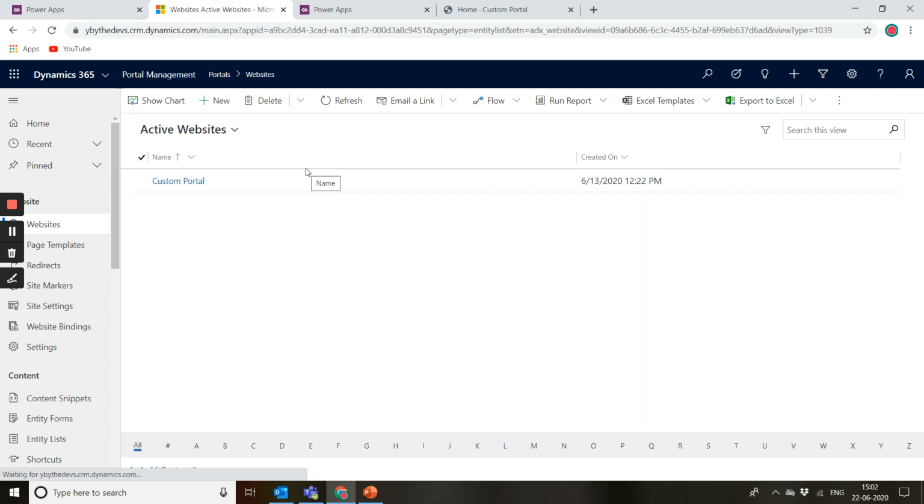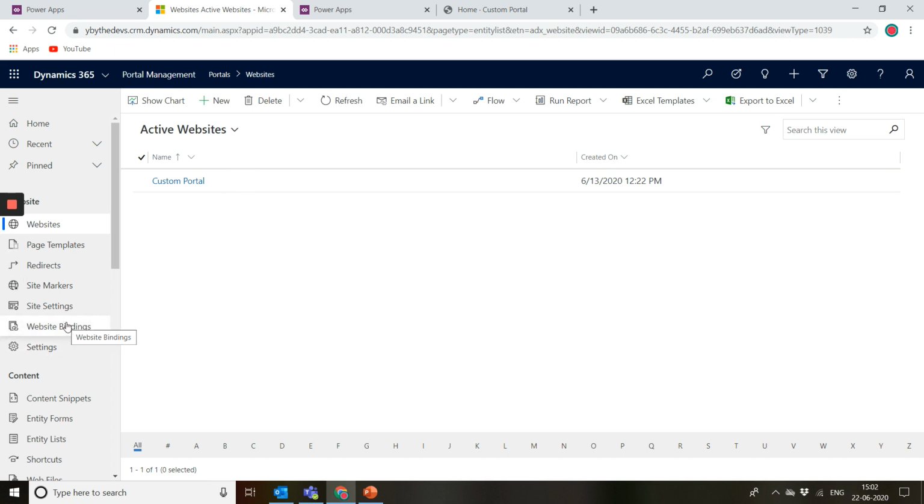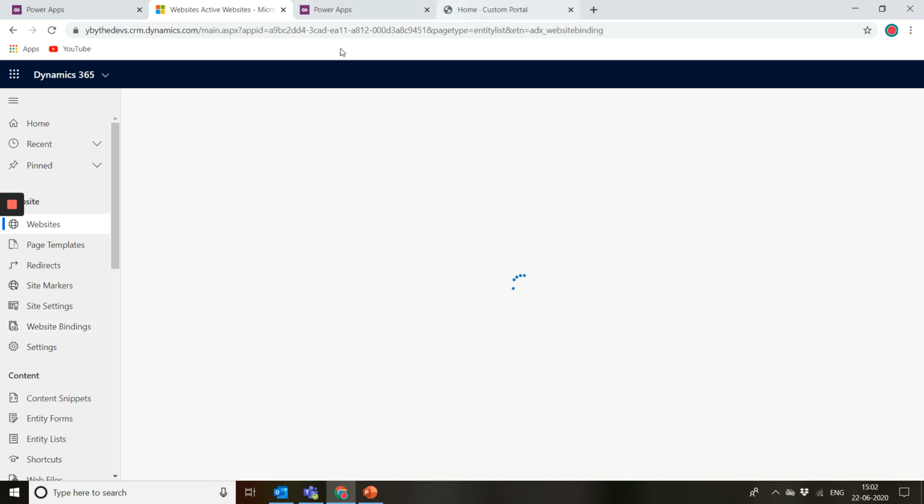So let's take an example of a website. I have a different tenant, and in that tenant, in one of the environments, I am building my Power Apps portal. This could be my development environment or anything else. So let's say I migrate my portal from that environment to this environment. The portal website that got created in this one is custom portal. And let's say I have a different type of website which has the name starter portal. In that case, the two different websites will be displayed here, and I can select which website I want to show as part of that specific URL.